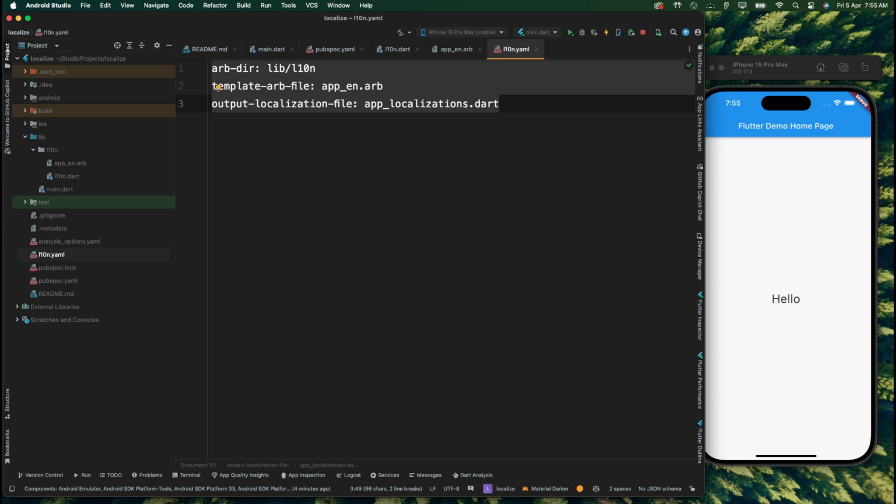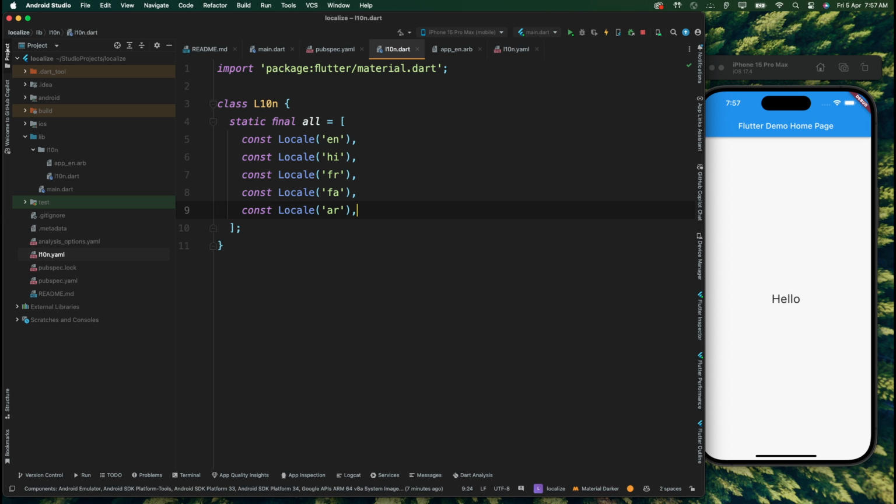Add the following 3 lines of code. So the first line of code defines the location of our localization files. The second line of code defines the default template file, and the third line of code defines the location of our generated localization. Then, open these files and add all the languages your app will support by creating a class and adding